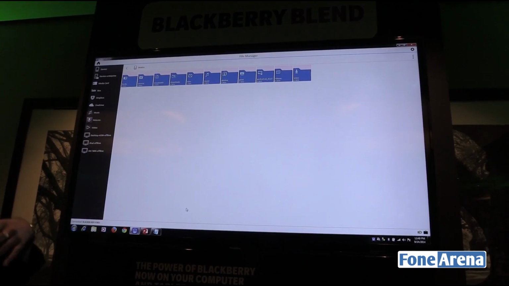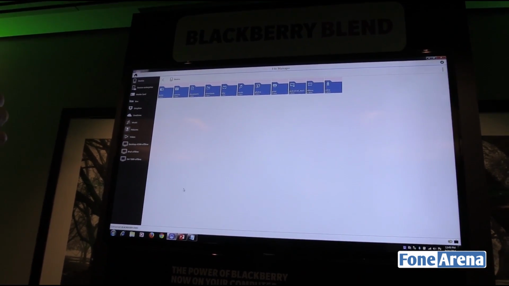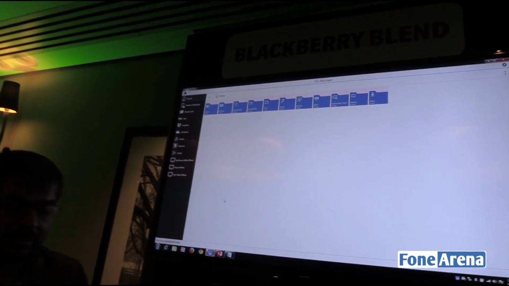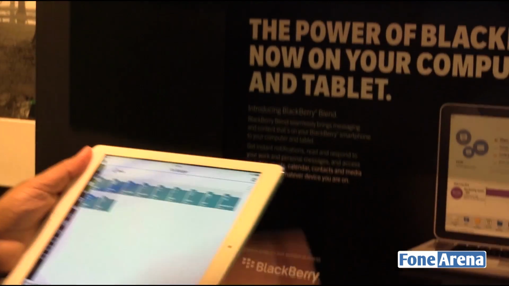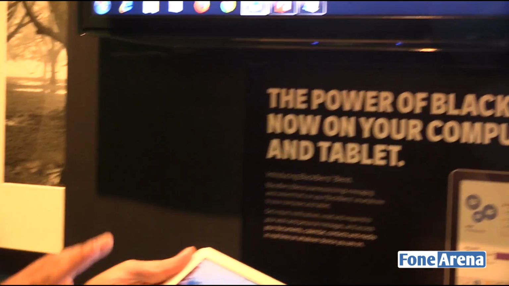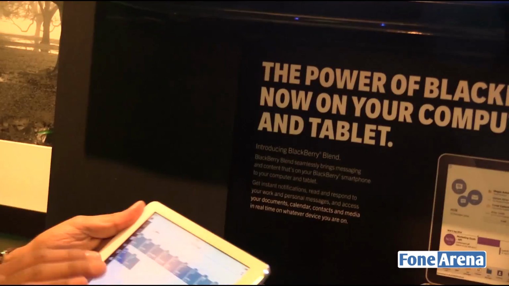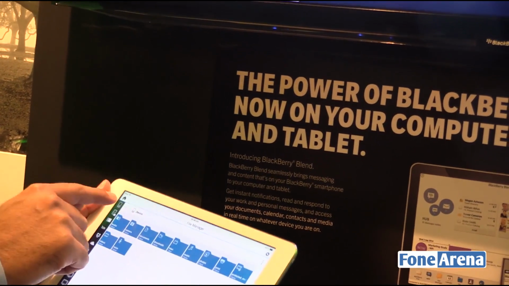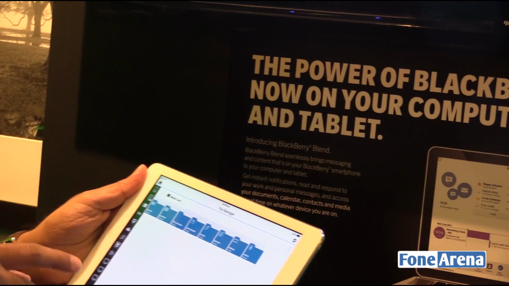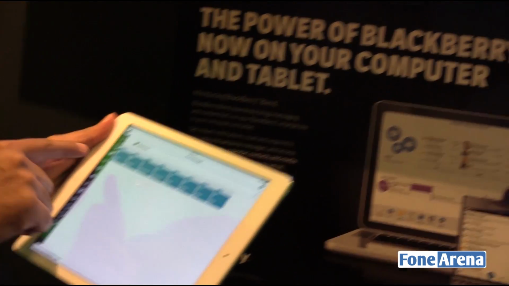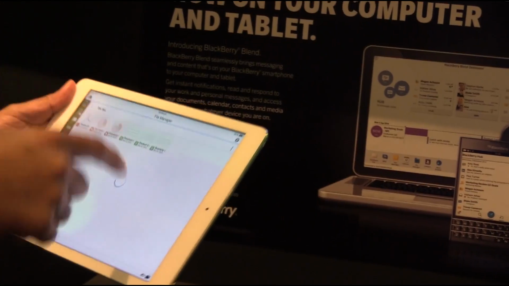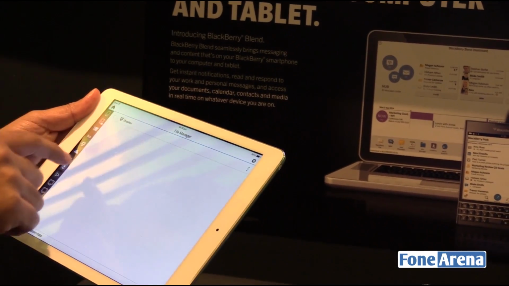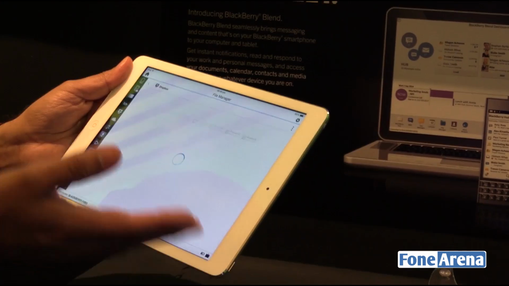We saw this one in the file attachment process. This allows you to manage all the files across your phone. The view will be similar, so you see the same kind of view here. I'm actually browsing my phone's files on my iPad. It's not just my phone's files. If you look at it, then it's my phone's files, my SD card. I also have access to my cloud storage accounts. So if I have Box account configured there, I see the Box files here. I see my Dropbox account configured. I see my